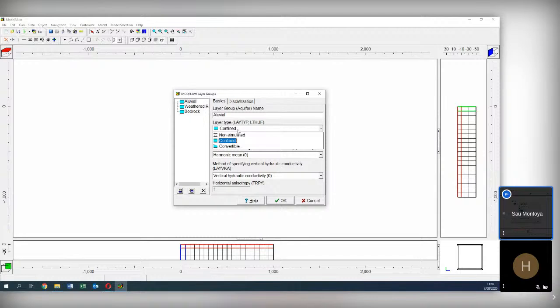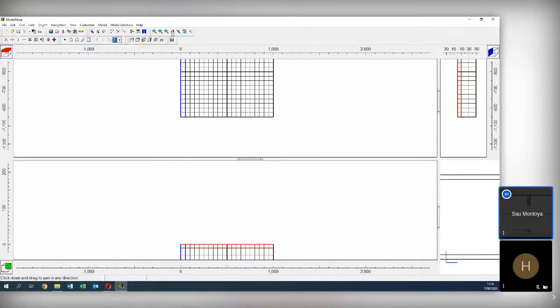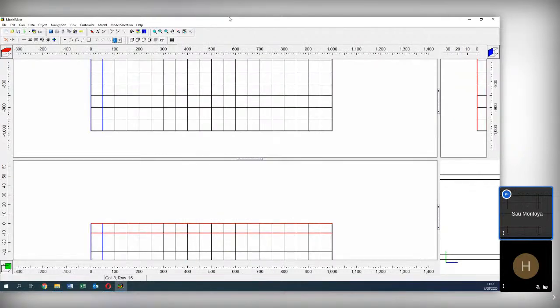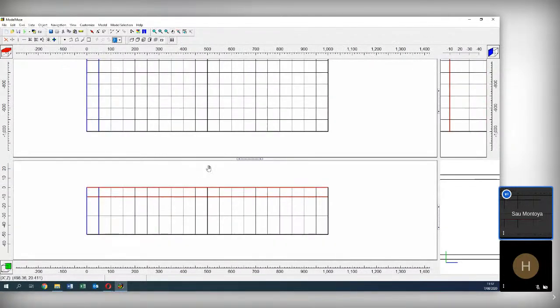Okay, what is important to show you is what non-simulated is. Actually the name is not very clear, because it's the horizontal flow in the layer that is non-simulated. However, the layer can have vertical flow. So imagine this is a model.